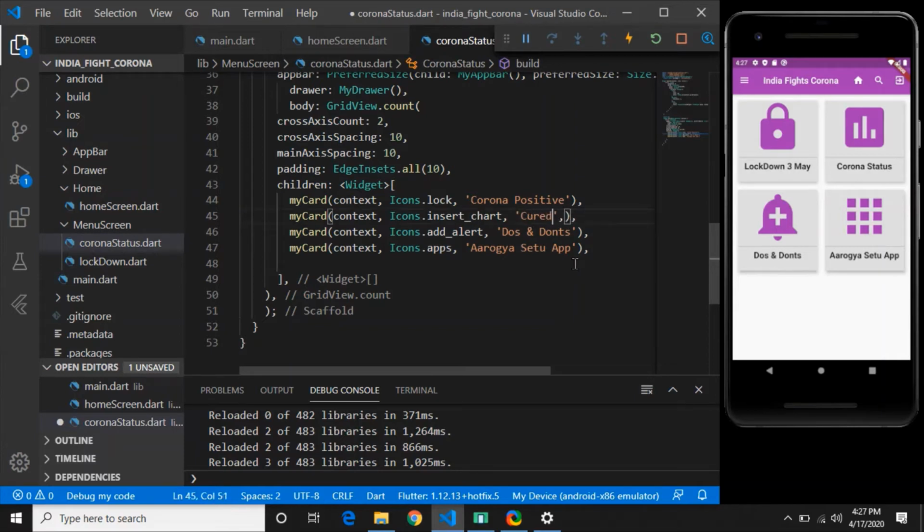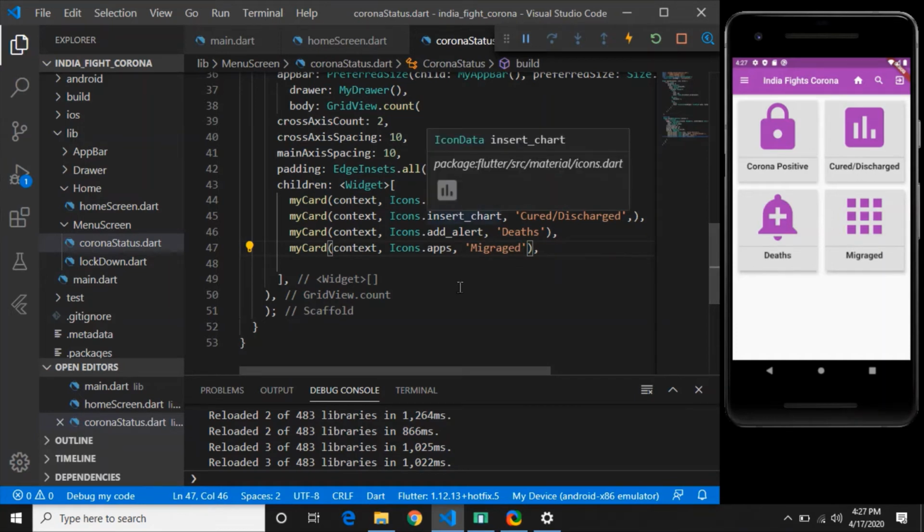Next I will be adding deaths, and last I will be adding migrated. If I save it, you can see the text has been changed, and instead of icons, now I will add numbers actually. So just remove all these icons.